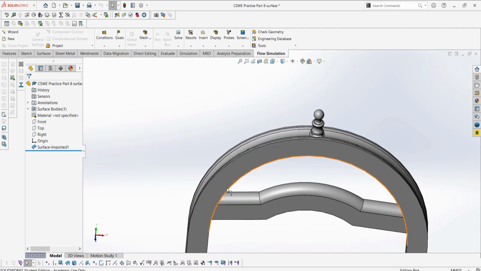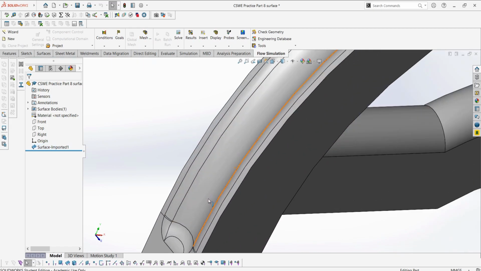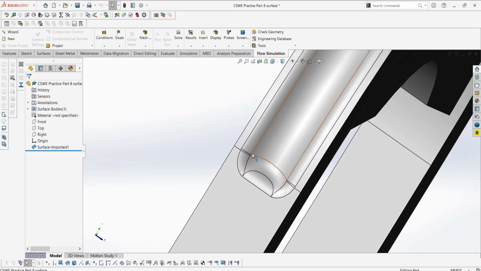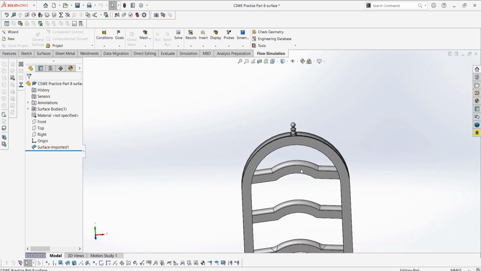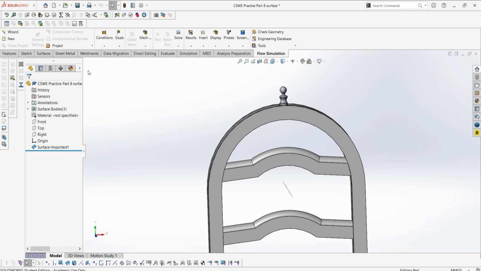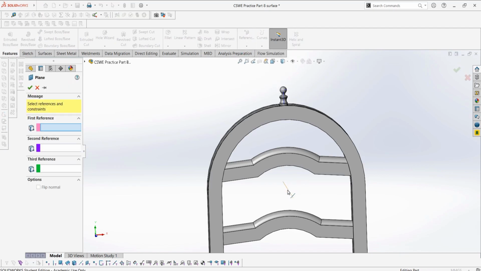Now the first issue is that if we try to delete this guy right here, we're going to run into some issues when we recreate it, because down here there's a fillet and there's no flat surface to convert the entities from. So to solve this, what we can do is enable our temporary axes about which we want to rotate this guy, go to our features, and create a reference plane